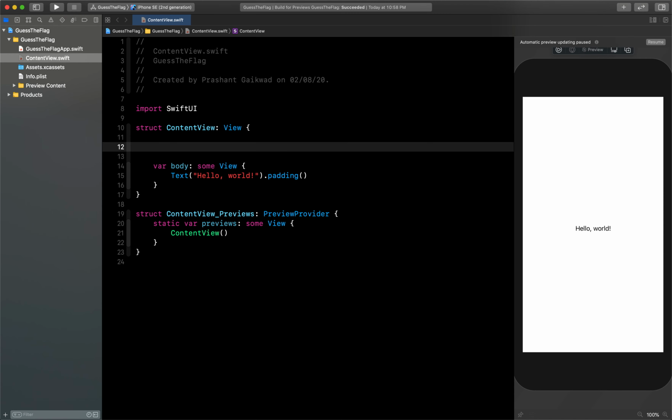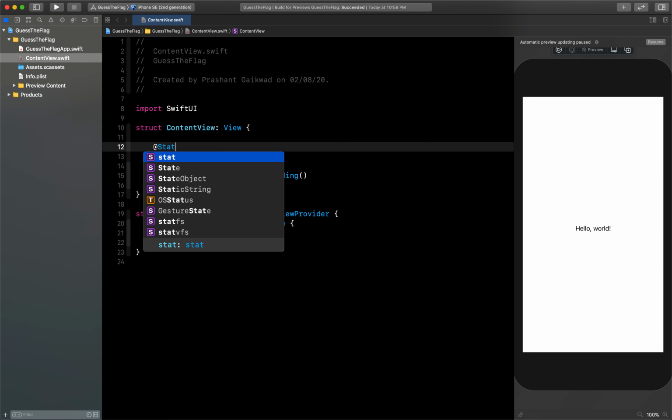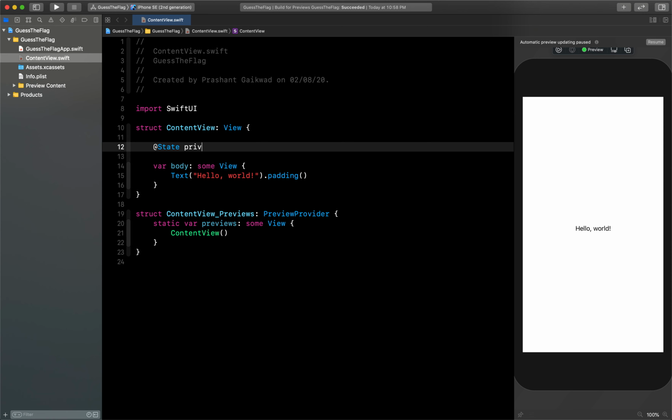I will create the property first for storing the country names. I will say @State private var countries equals, and let's give the different names for our countries.